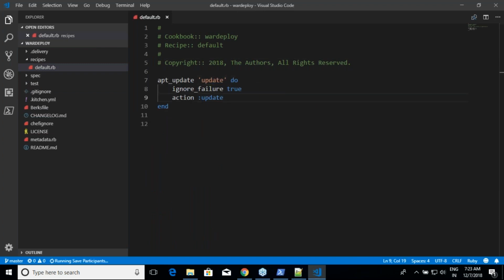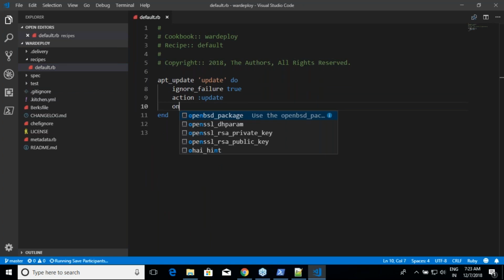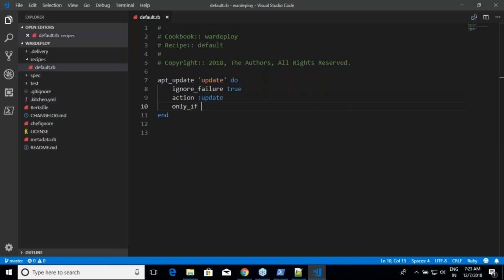Okay. And I want to do this. That's it. This is the only step I want, but I want to run it on an AWS kind of a setup. Right.